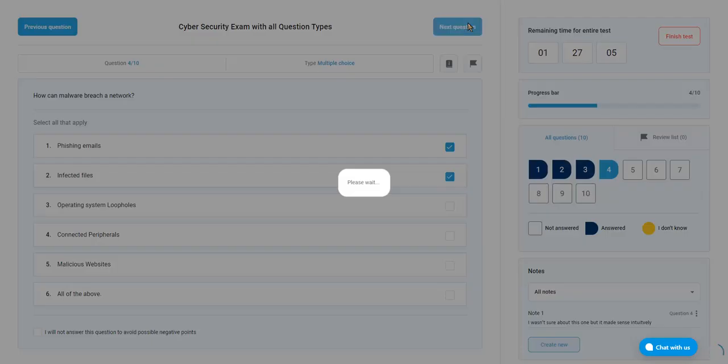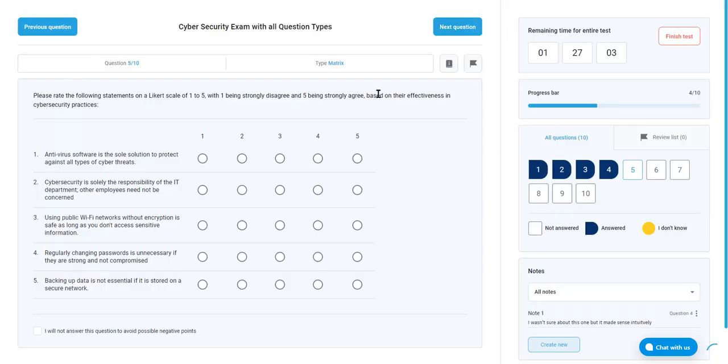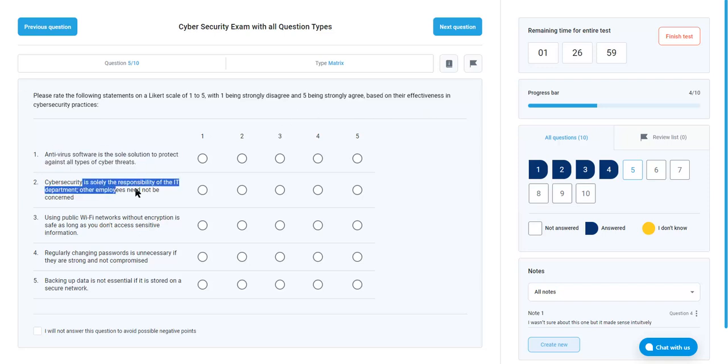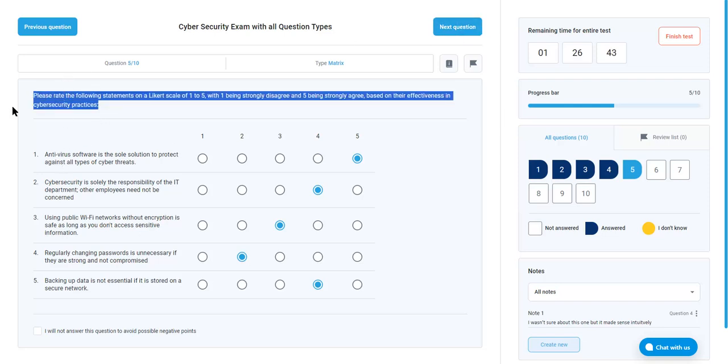Now let's hit the next question button, and over here we have a matrix question. We have one statement with several items that we need to evaluate on a Likert scale. So basically we choose these options from 1 to 5, it can be from 1 to 7, 1 to 9, whatever you want. But this is a very popular question type where you have to evaluate a single statement on